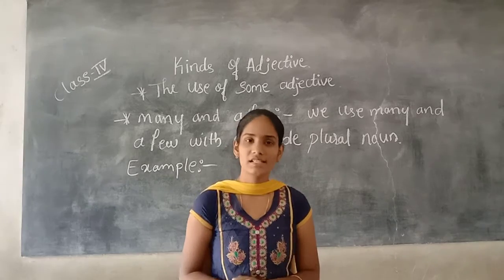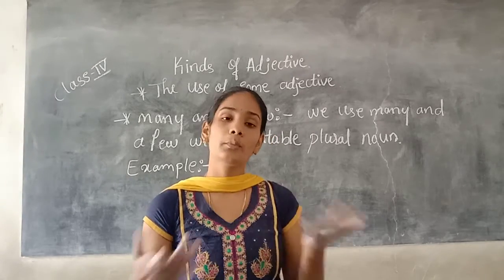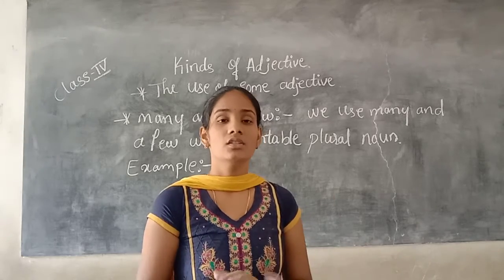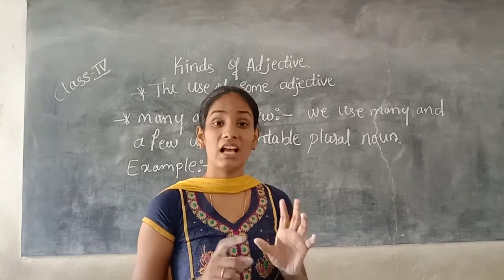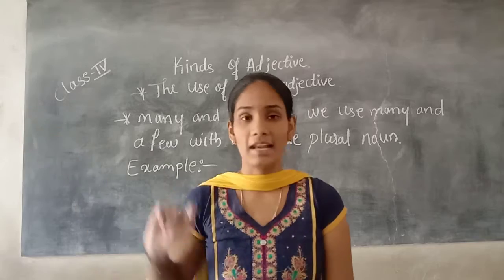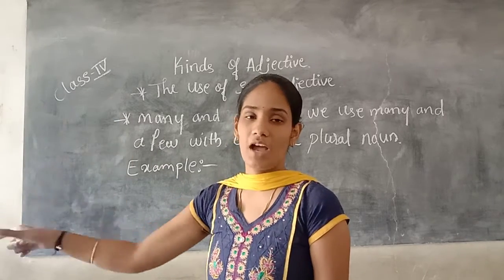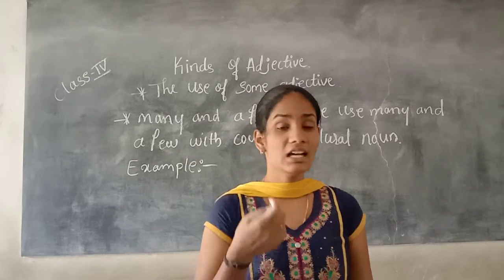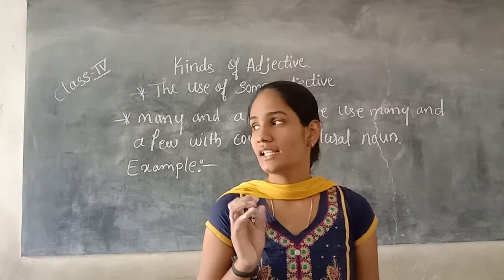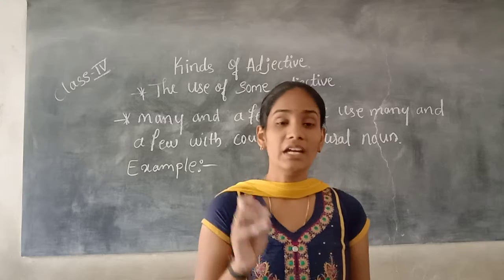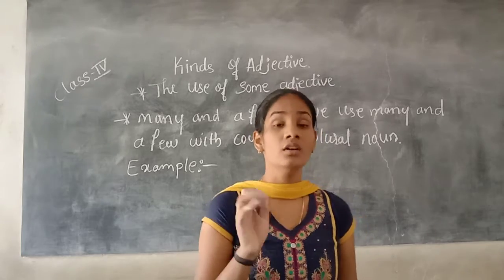So, boys, they are countable. How many are they? They are many. We can count the boys as 1, 2, 3, 4, 5 like this: 1 boy, 2 boys, 3 boys, 4 boys, 5 boys, 6 boys. So, when it is possible to count and when it is a plural noun, then